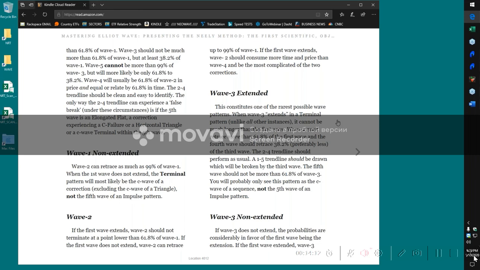The market was starting to behave a little strange, and I wasn't quite sure what was happening, but I knew we were supposed to see a 5-wave move at that point, but its design was different than I was used to, and so I had to actually determine in advance before it actually finished. This was right before the crash of '87 started, that the market must have created, or wave theory had created, a new kind of terminal pattern, at least one that I had never seen and one that's not talked about